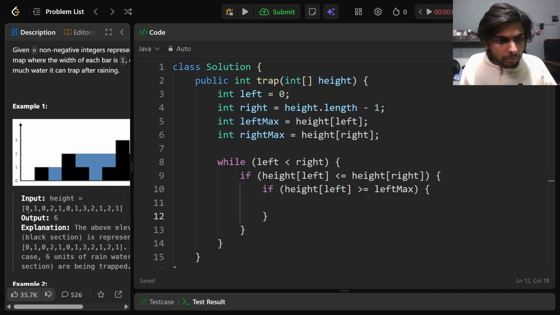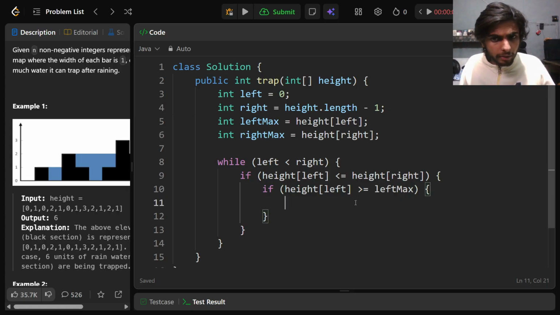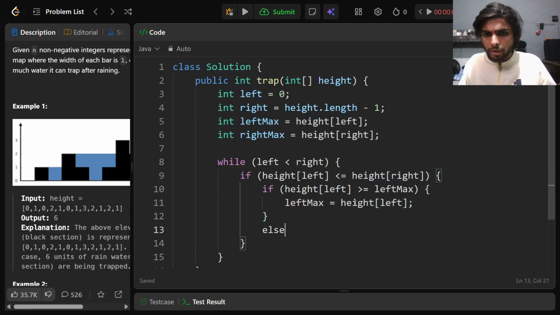Well, initially it will be equal, so maybe this is right. If it is, then we update the left max to the current height, else